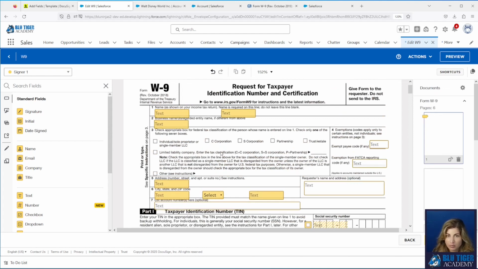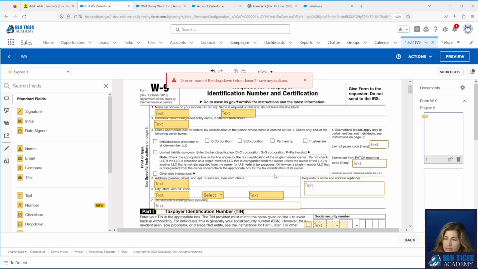Now we have a requirement where we want to write back the tax classification back to a field in Salesforce. So I want to show you how this works because it's pretty complicated. You have to set up a DocuSign Connect connection within DocuSign. So hopefully, maybe you don't need to do these steps for a W-9 form, but maybe these steps will help you figure out how to solve other scenarios and other forms that you're working with. So we will save and close this.